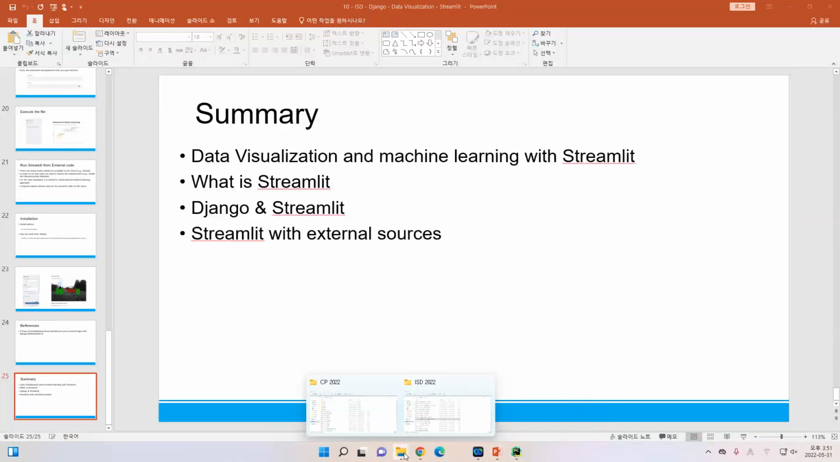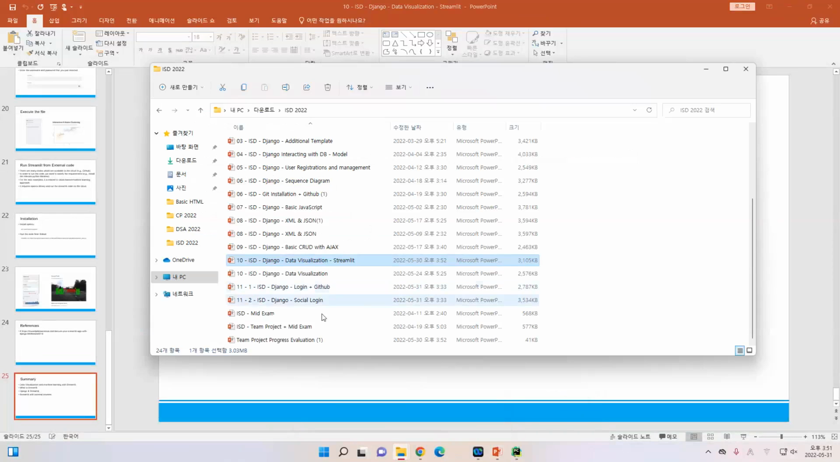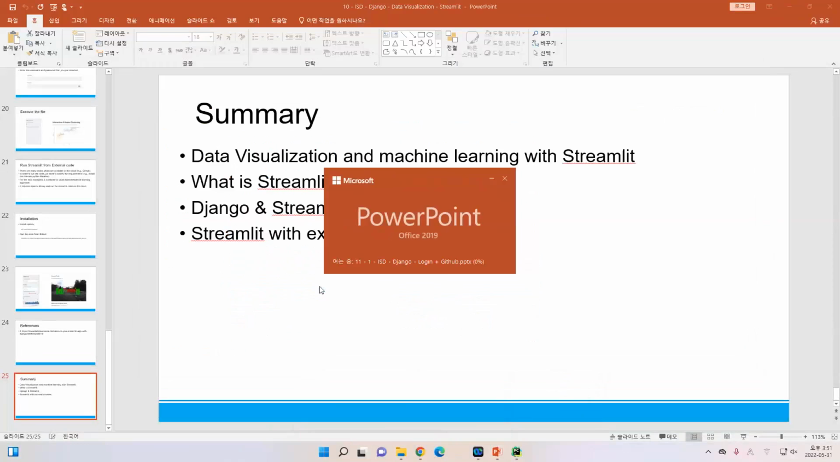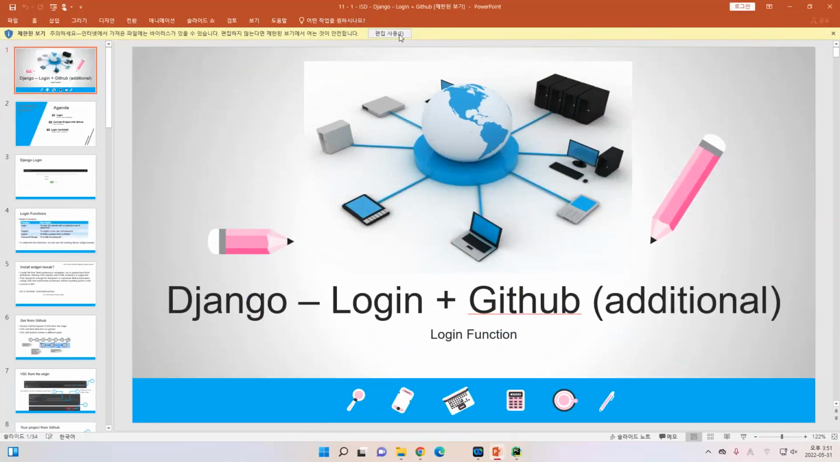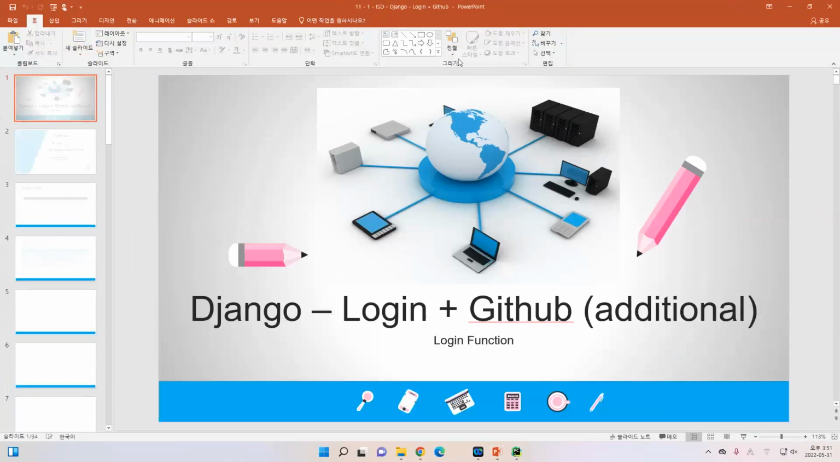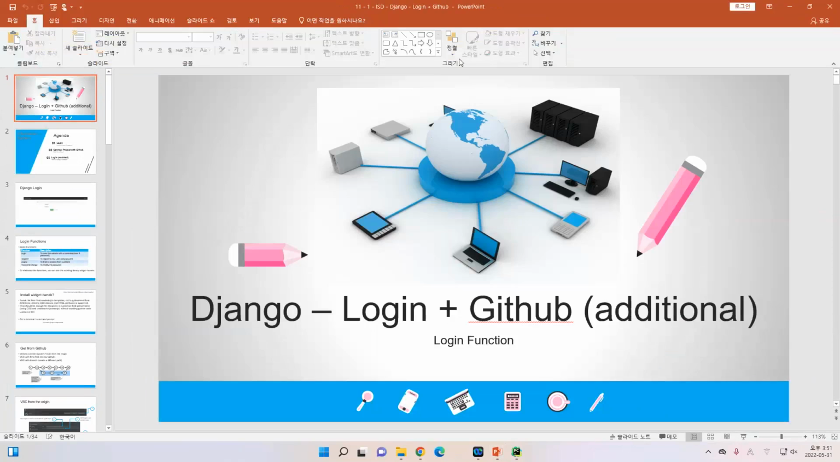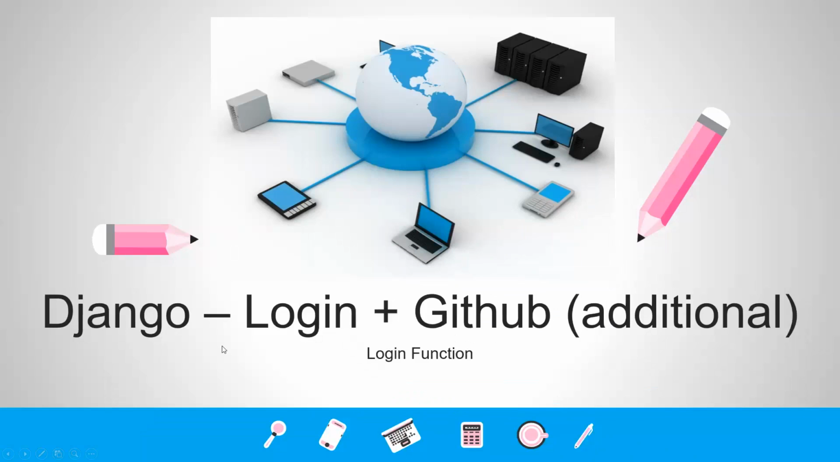Okay, so the last part that I want to explain is actually about the login. For me, it is not that important, because you can just use the existing code and then you can design your login function easily. I'm going to teach this one based on the GitHub information. Okay, so let's say